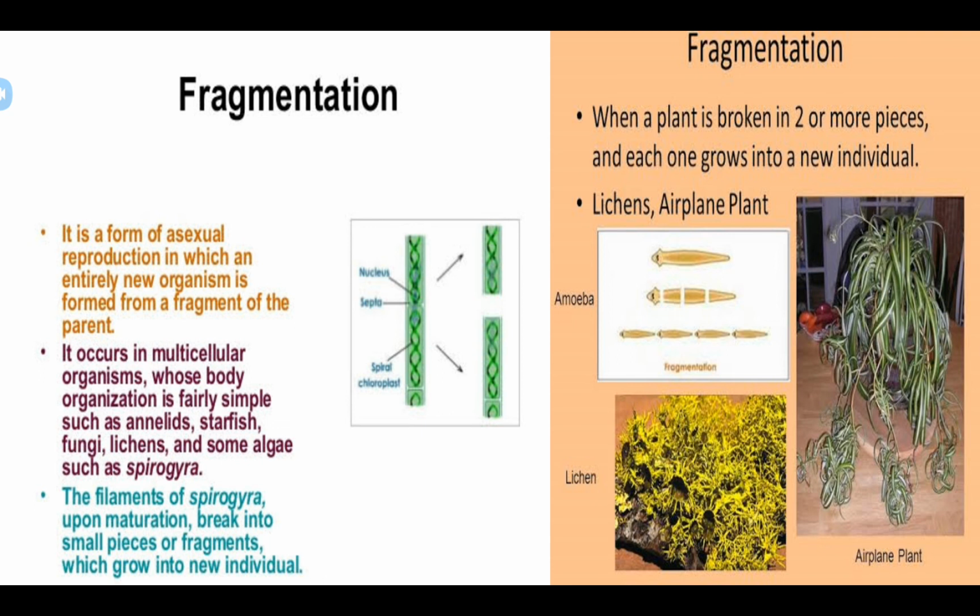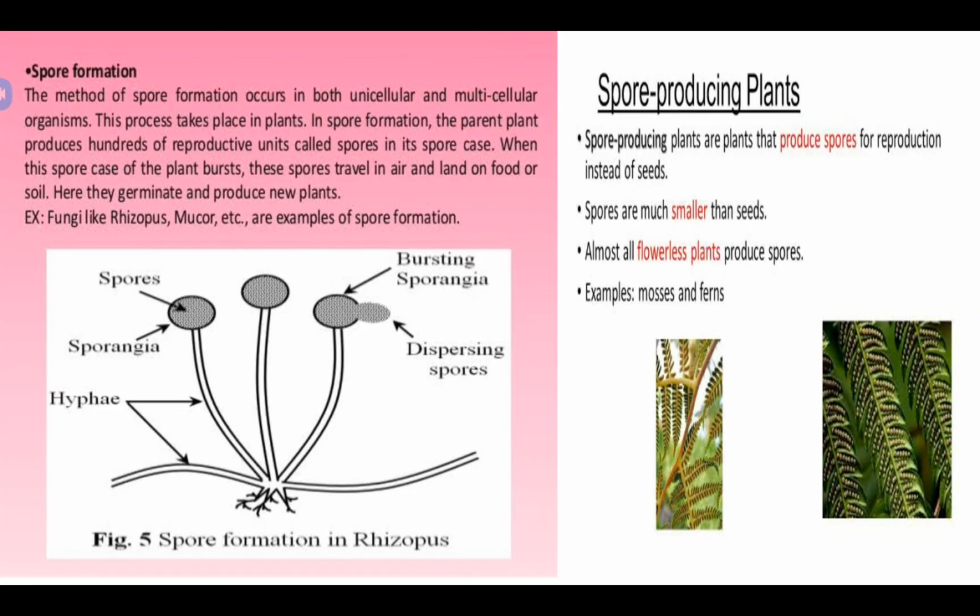So what is the example for algae? Spirogyra. Where else do you see it? In some other organisms, lichen and airplane plant. One more important thing, already you know very well about the fungus. You learned in nutrition in animals. Here the fungus grows on a bread piece, mainly the fungi grow on a bread piece and they can form spores.